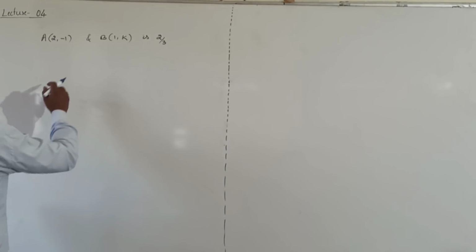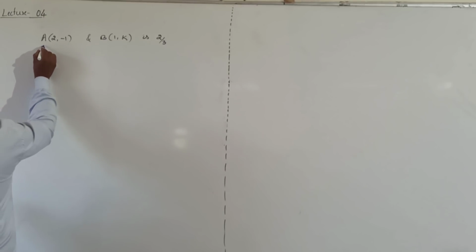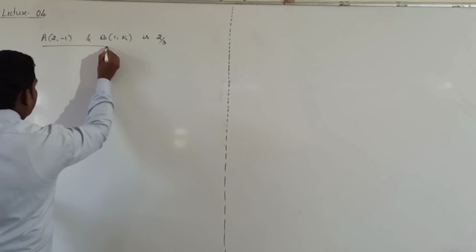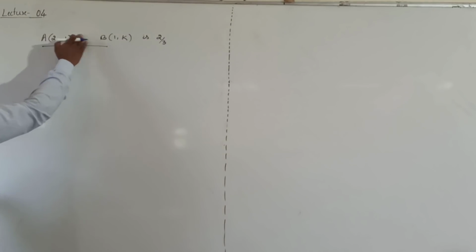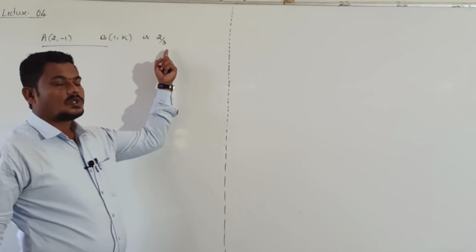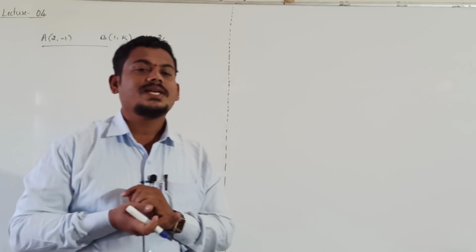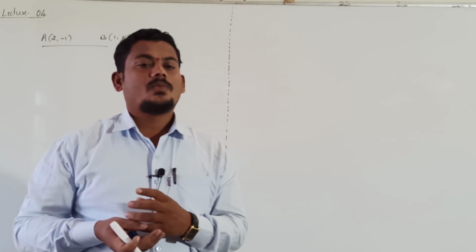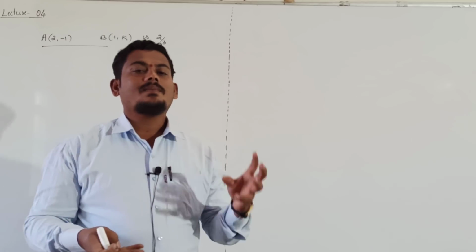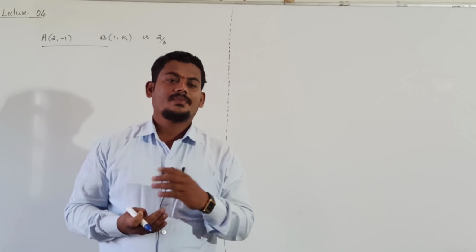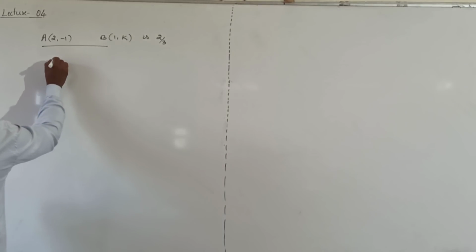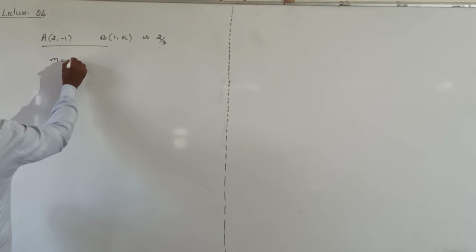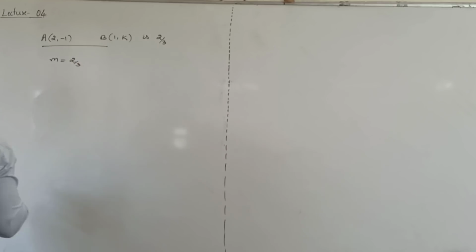In this case they have given the slope of the line joining AB, right? The slope of the line joining these 2 points is given, that is 2 by 3, meaning the m value is given, and 2 points are given. In that, one of the coordinates is unknown, the k value. The m value they gave is 2 divided by 3, right?